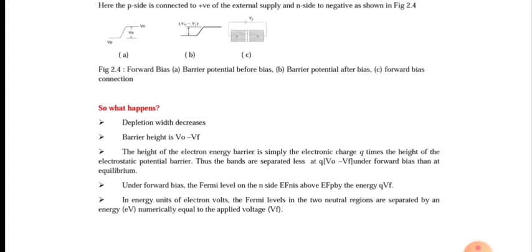At the p side we have negative ions, negative acceptor ions, and at the n side we have positive donor ions. So due to this positive and negative charge present at the junction, further movement of electrons and holes are not possible, because we have seen in the p-type we have negative charge, and in the n-type at the junction we have positive charge. So electrons in the n-type will be getting repelled by this negative charge at the p side, and there is no further recombination of electrons and holes.